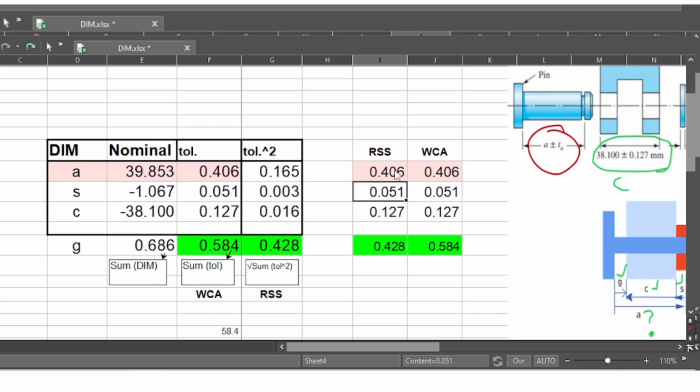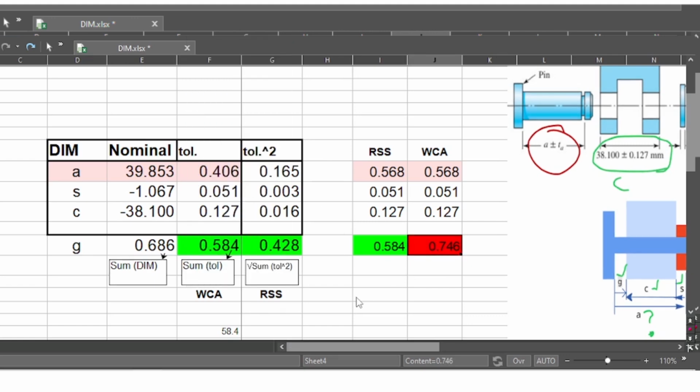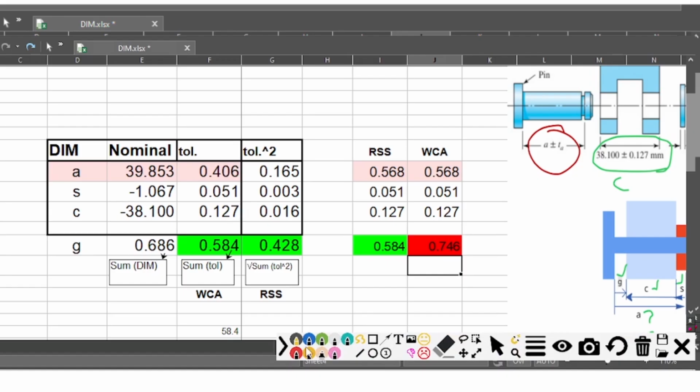This means we can relax, we can increase the tolerance on the pin a bit, because using the same predicted value from the worst case method, you can see that the tolerance calculation for the gap is smaller than the allowable variation. This shows that the worst case method is overly conservative, so we can use a higher tolerance for the pin. The RSS says the total variation is less than the worst case variation. So with the same design and different analysis methods, you get completely different conclusions. If you use this value with the worst case method, your conclusion would be that the design fails. But if you use this value with the RSS method, you can say